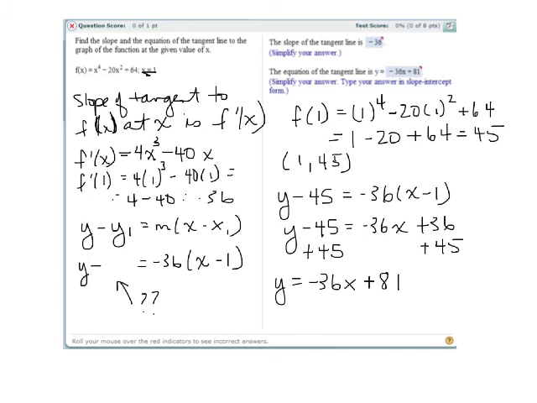So whenever you're asked to find the slope of a tangent line, you need to find the derivative. That will give you the slope at any value x. Then if you want it at a particular value, plug that in. That'll give you the slope of the tangent line. And then to find an equation, you need a slope and a point. And you have to be at least given the x value so you can find the y value of that point. So whatever this graph looks like, x to the 4th minus 20x squared plus 64, at x equals 1, we have a negative slope. And that tangent line passes through 81.